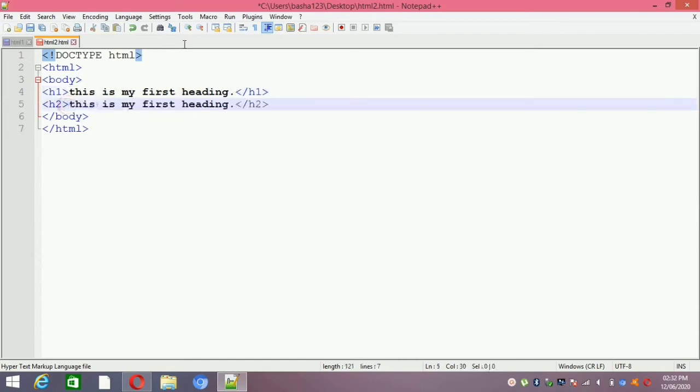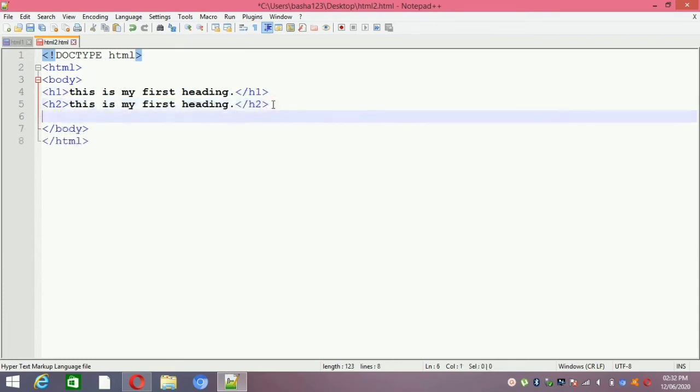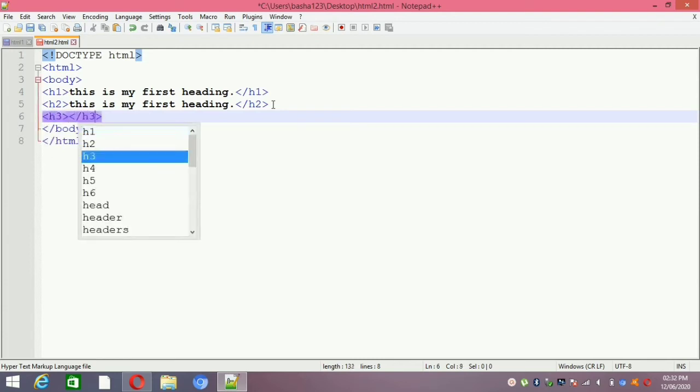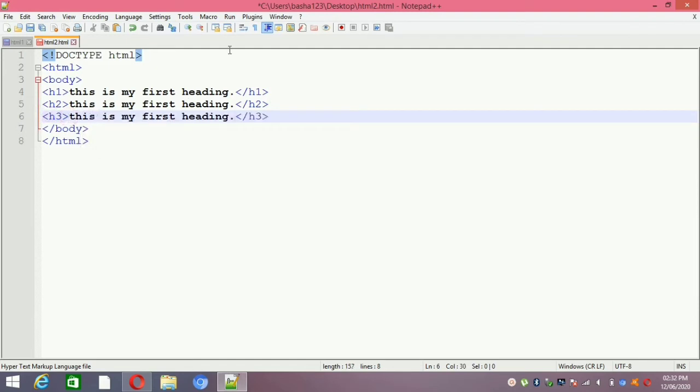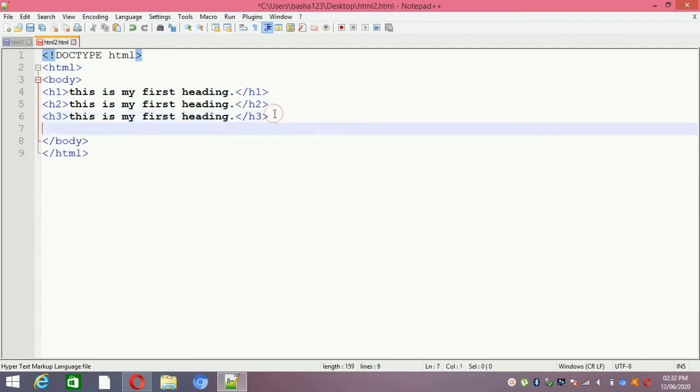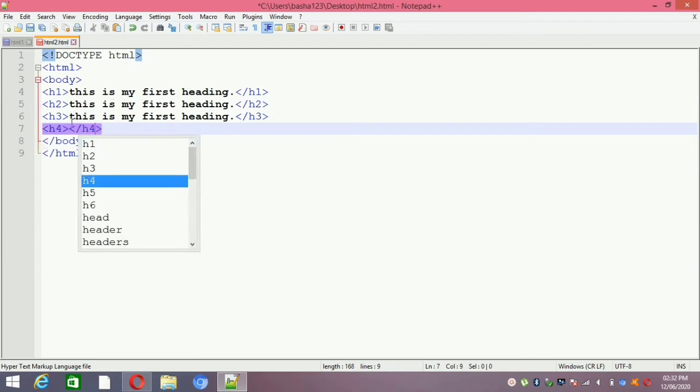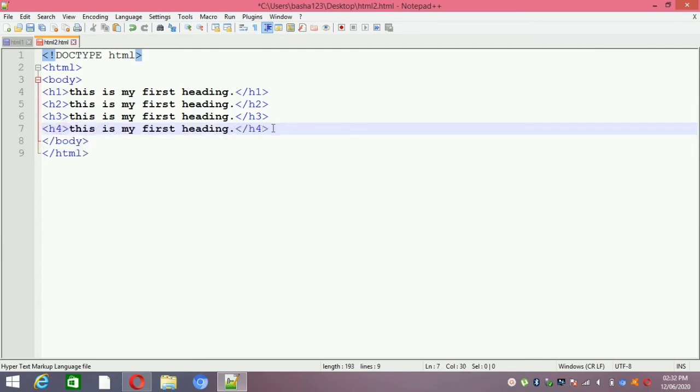Copy and then I am pasting here. After that I am taking h3 open tag and then h3 close tag. In the middle I am pasting that matter. After that h4 open tag and then h4 close tag. I am placing the content.